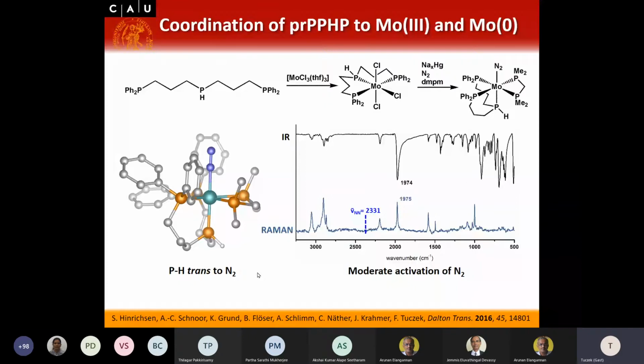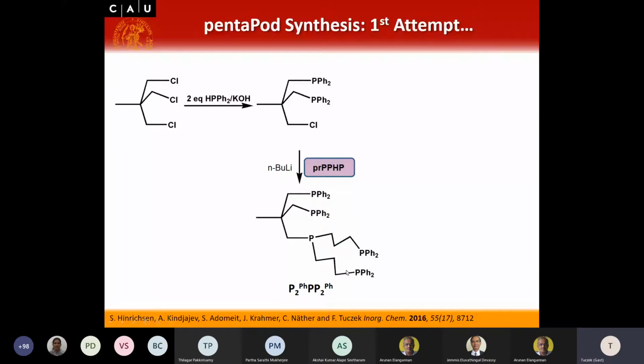The N2 ligand is moderately activated. So this showed us that this tridentate ligand is here a suitable building block for pentapod ligands. For this pentapod system, we also needed a tripod component. We made this as shown here. So by selective phosphonation of this trichloro precursor, we coupled this to the propyl PPHP in the presence of base, and arrived at this first version of this pentapod ligand, the